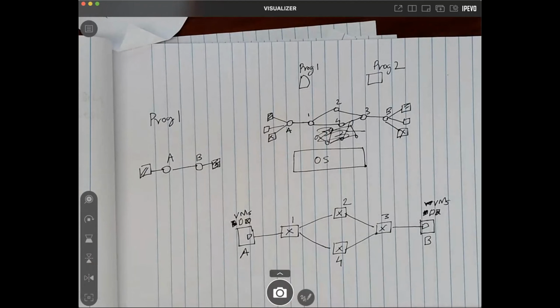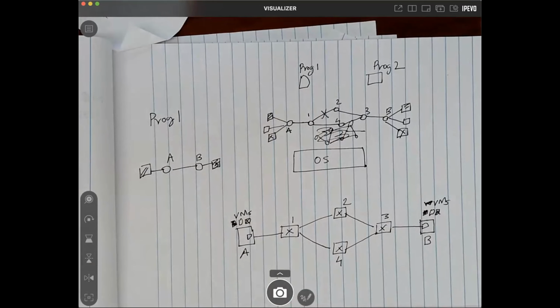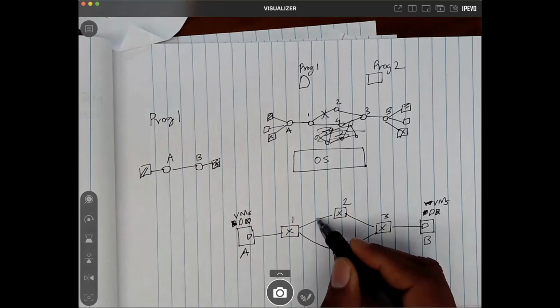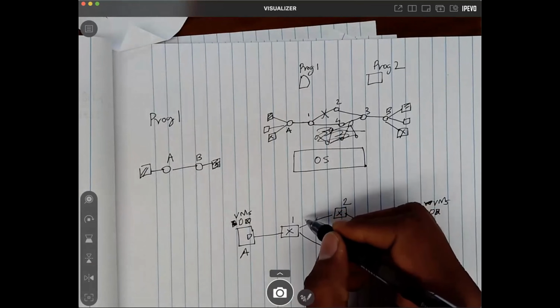Let me take one more step here. Suppose that an event happened where this link goes down. What will happen is that when this link goes down, the nodes will broadcast that message.